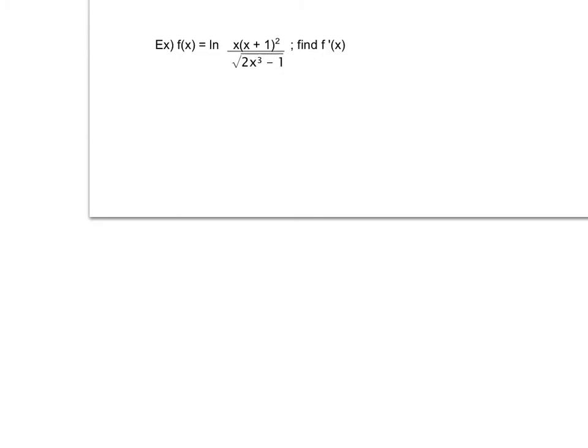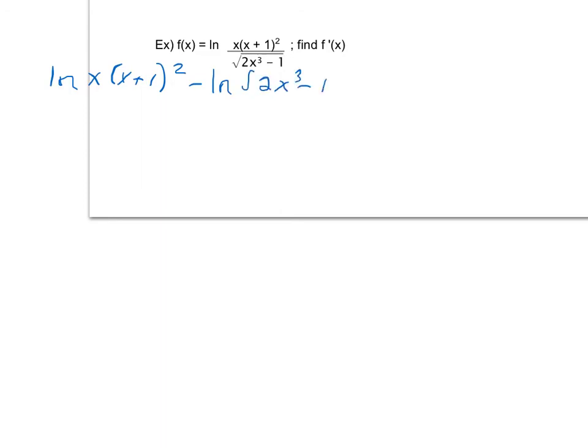However, after looking at it a little bit closer, I realized that I can expand this, and then I'm not going to have to try to squish so many rules together. So using my rules for logarithms, I'm going to first say that if I'm dividing inside of a logarithmic function, I can separate that into a subtraction between two logarithmic functions. So I'm going to have ln of x times x plus 1 squared minus ln of the square root of